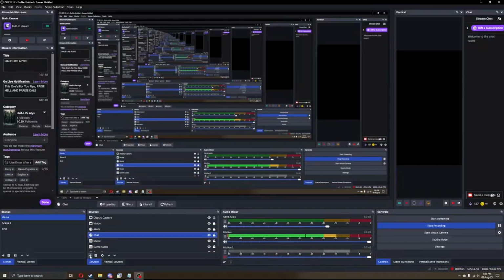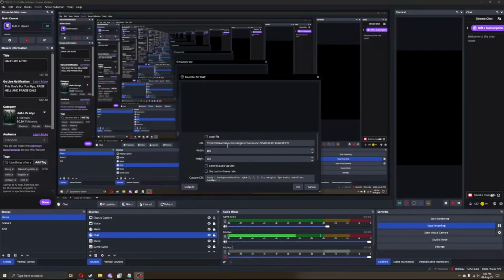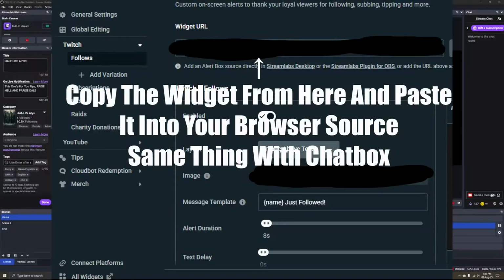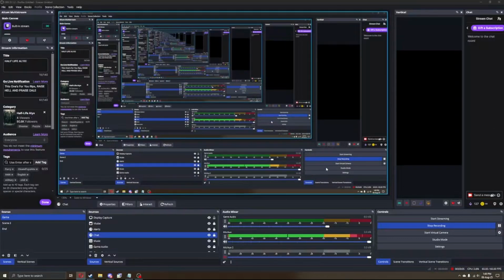But you see you have these two browser sources, and these browser sources are from, I believe, Streamlabs or StreamElements. You log into that, and they will give you a URL, and then you paste the URL that they give you in here. And then on the Streamlabs dashboard itself, you can connect this to YouTube and Twitch as well, but for simplicity's sake,